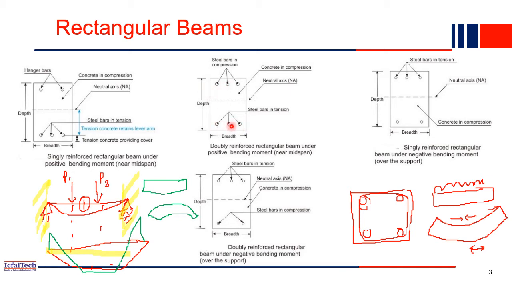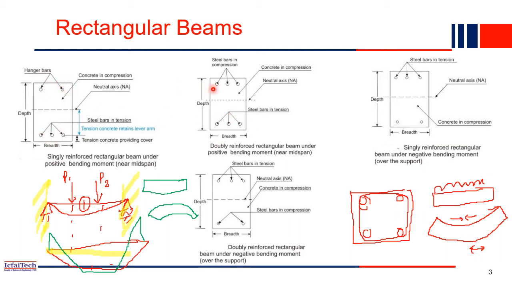So bottom steel bars are provided to take care of the tension force, whereas top steel bars are provided to take care of the compression force. So that's what is written, right? See, steel bar in compression. So these steel bars are actually in compression and subjected to compressive force, whereas bottom steel bars are subjected to tension force. Okay, so this we call doubly reinforced, whereas this we call a singly